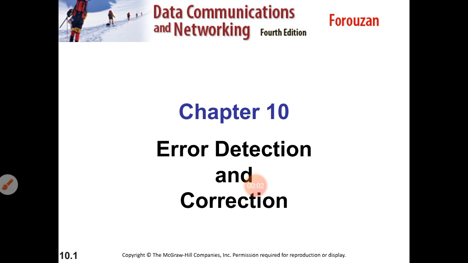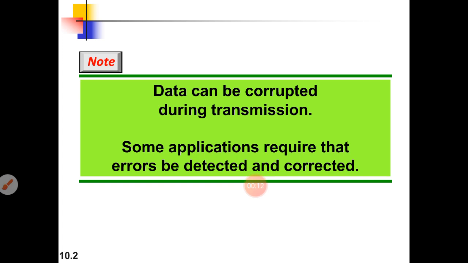So now we will discuss the third chapter in module 3, that is error detection and correction. Why do we require error detection and correction? Data can be corrupted in transmission. Whenever we are sending data from the sender to the receiver, the data can be corrupted. So for that we need to develop some approaches, or techniques. By using those techniques we can easily detect the errors and also correct the errors.